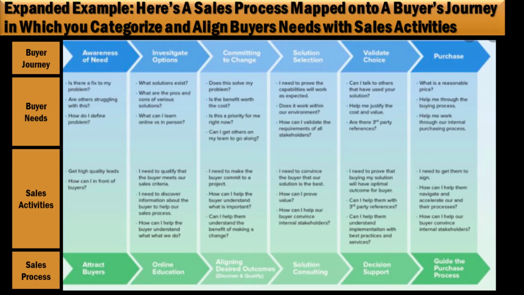A third category in terms of sales process that might align to committing to change is to think about how I think about the desired outcomes that are there. And this is going to be a discovery process. So I'm going to go through this discovery process, and a discovery process can be part of a sales interaction. A lot of times in professional selling, we'll talk about how you go through discovery.